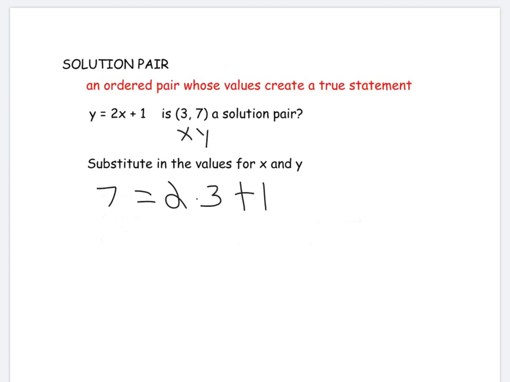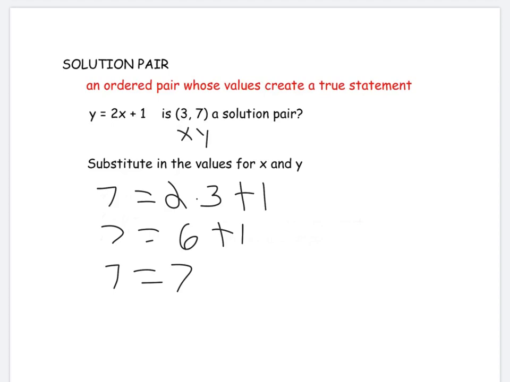Now I want to evaluate on the right-hand side to see if it is equal to the 7 on the left-hand side. So 2 times 3 is 6, plus 1, and 6 plus 1 does equal 7. So we get 7 equals 7, which is a true statement. So because it's a true statement, it is a solution pair. If we got something like 7 equals negative 5, 7 does not equal negative 5, so therefore it would not be a solution pair. But because this is a true statement, 3, 7 is a solution pair that is on the equation for y